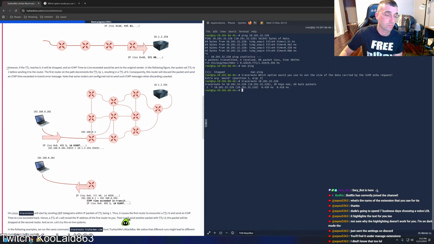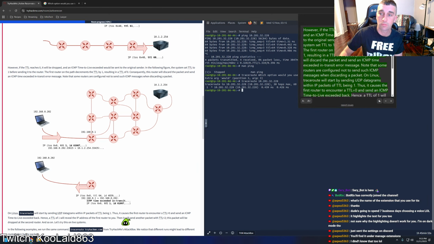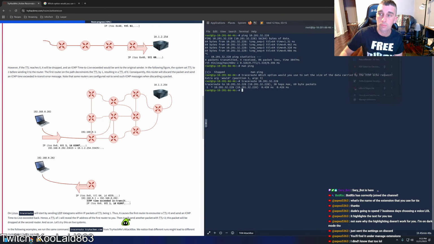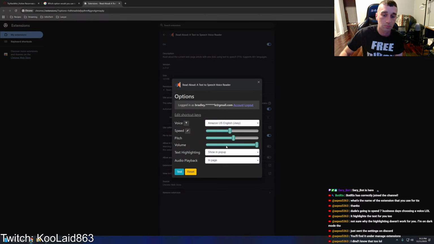However, if the TTL reaches 0, it will be dropped, and an ICMP time to live exceeded would be sent to the original sender. In the following figure, the system set TTL to 1 before sending it to the router. The first router on the path decrements the TTL by 1, resulting in a TTL of 0. Consequently, this router will